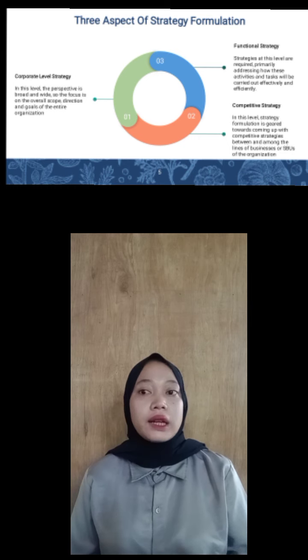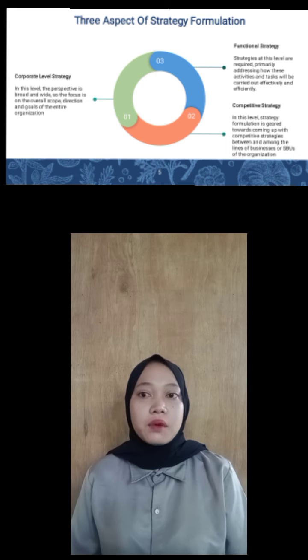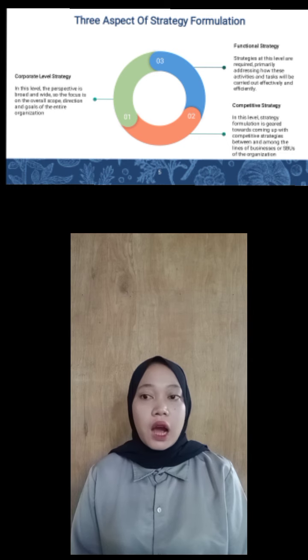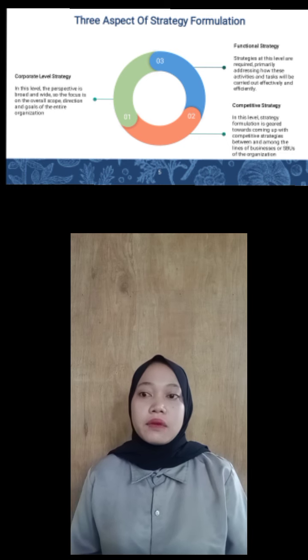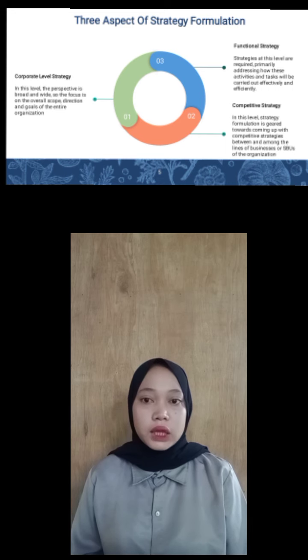Second, competitive strategy, often called business level strategy. This involves deciding how the company will compete within each line of business, or LOB, or strategic business unit, or SBU. Large companies usually have multiple lines of business in the portfolio. The larger firms even distinguish them as separate strategic business units.